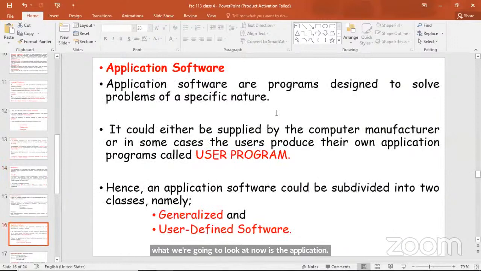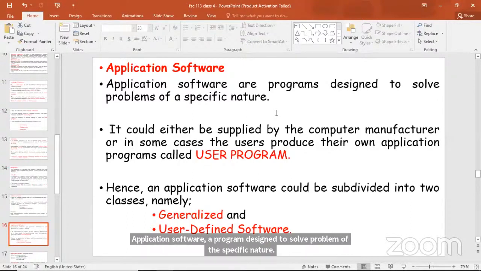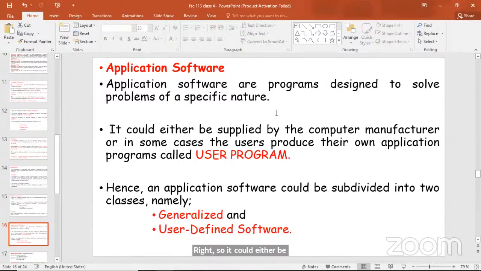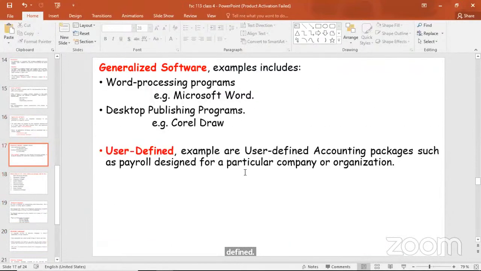So, application software are programs designed to solve problems of a specific nature, right? It could either be supplied by the computer manufacturer, or in some cases, the users produce their own application program called a user program. Hence, application software could be subdivided into two classes, namely generalized or user-defined. Let's look at that quickly. So for generalized